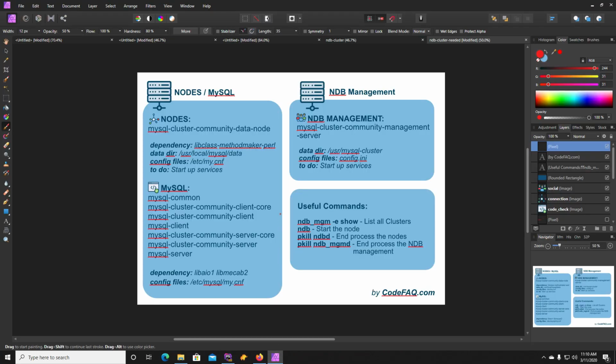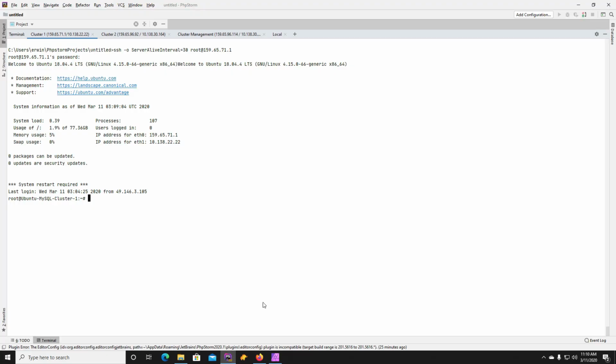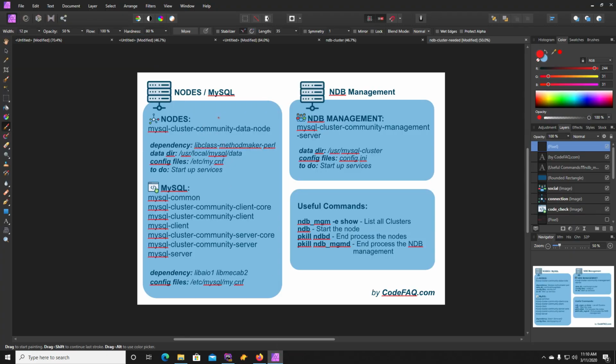Now that we have successfully installed the initial setup of our server in DigitalOcean, we can now proceed on installing and downloading the MySQL cluster files. So first, before doing that, we have to download this dependency. For the nodes and MySQL, we need to download libclass-methodmaker-perl, as well as libaio1 and libmecab2. To do that, we just have to apt-get install this